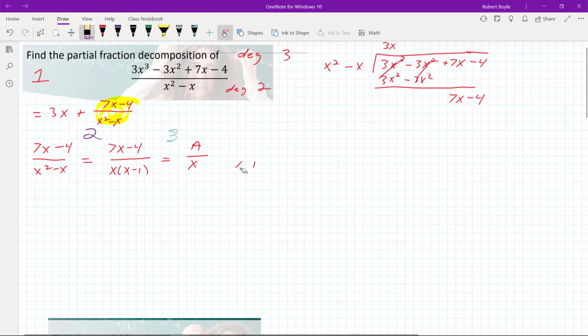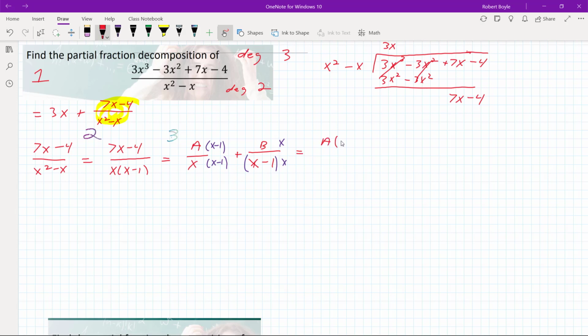Maybe just rewrite this a little bit. Plus b divided by x minus 1. Now the first thing that we want to do is create a common denominator. So I'm going to multiply this term by x minus 1 over x minus 1. I'm going to multiply this term by x over x. And then what I'm going to have is that 7x minus 4 over x times x minus 1 is going to be equal to